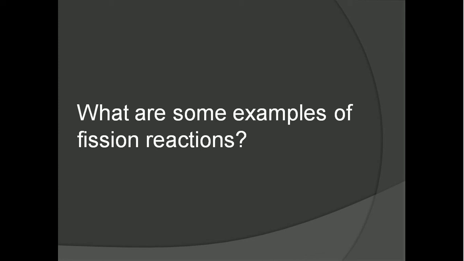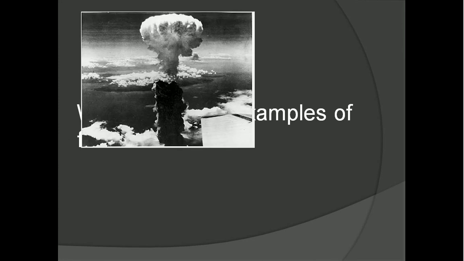Now, what are some examples of fission reactions? Well, obviously, atom bombs are a big one. How those work is they're designed to release a lot of energy really fast. What they try to do is get as much of their sample of plutonium or uranium to go through this fission reaction quickly, so that it releases all this energy in a really short amount of time,